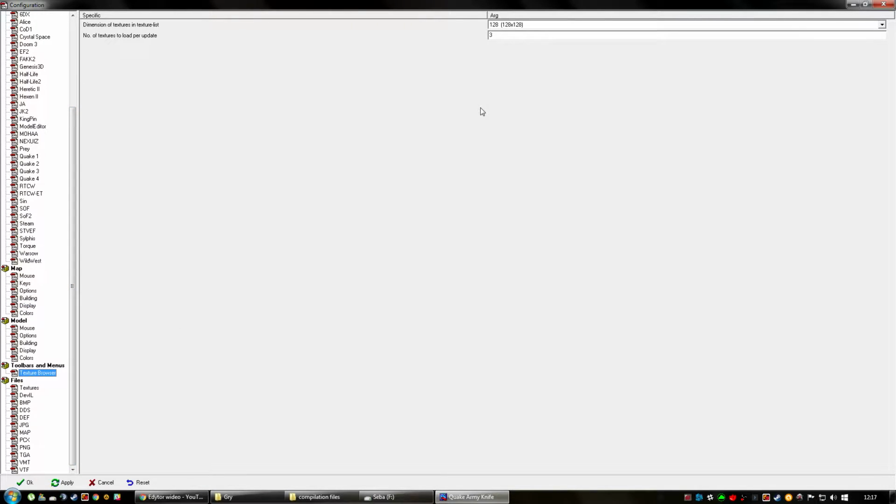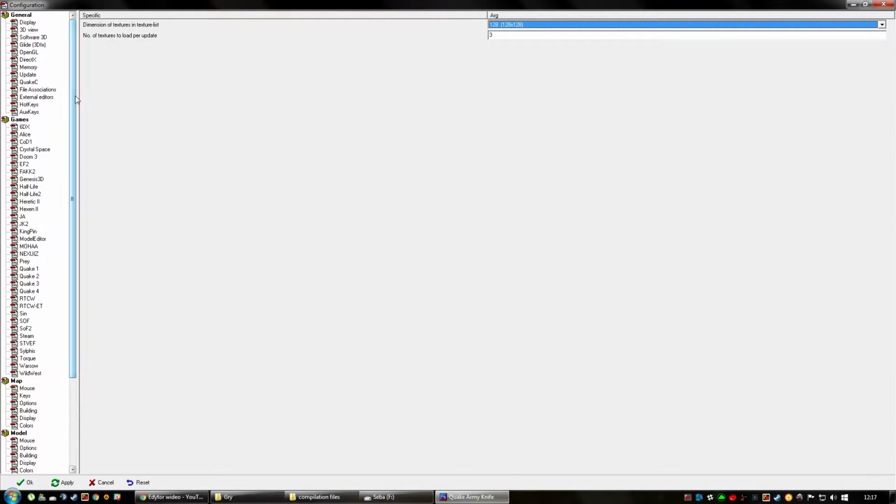textures browser and make the dimension of textures 128. I think that's the best one. I will show you what this does. Yeah, that's just apply, okay. And now we need to add some textures. So you go toolboxes, texture browser,